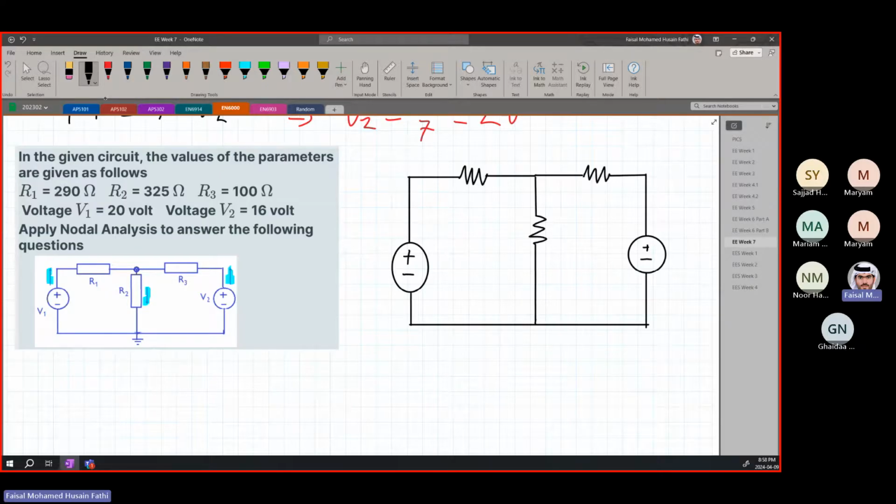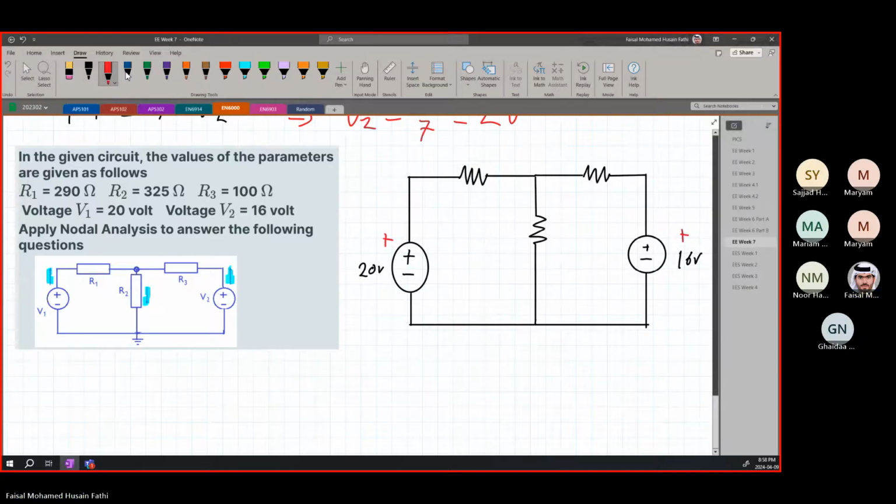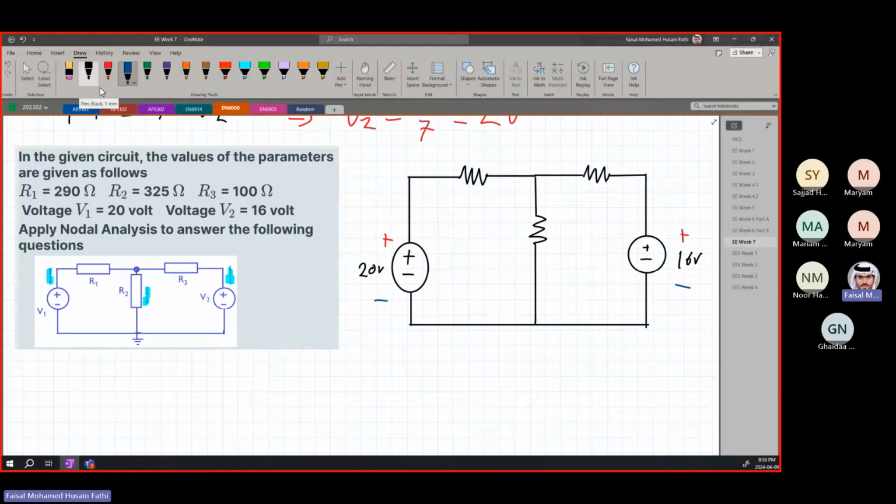Now, given voltage source 1 is 20 volts, so this is 20 volts. Voltage source 2 is 16 volts. We know that these polarities are fixed. This is plus, plus, minus, minus. Okay. When you're drawing any circuit now, you understand what polarity means. Make sure you're always drawing your polarities after assuming your directions for current. And for voltage sources, instantly just write your polarity to make sure you know where's the plus and where's the